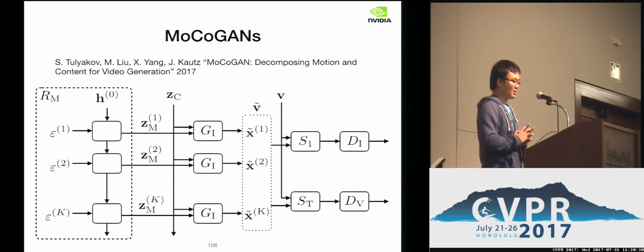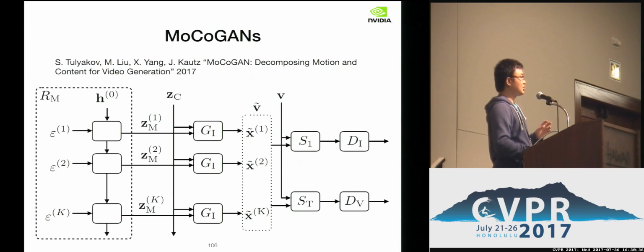This is our architecture. It looks complicated, but it's actually quite simple. The key thing here is we are not using a video volume generator. We are using an image generator. At each time step, we have a latent code ZC, the content, and ZM, the motion, concatenated to become a Z, which is put into an image generator, and you have a frame. By running the RNN continuously, you get different motion codes. They are always concatenated with ZC, and then through GI, the image generator, we convert a sequence of latent codes to a sequence of images.